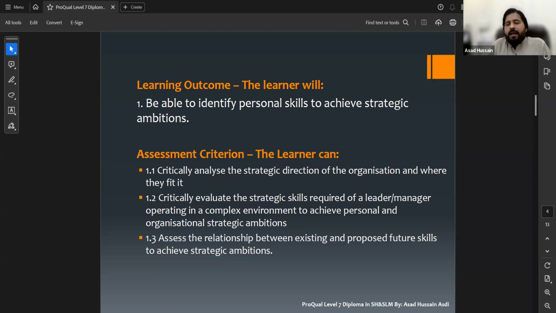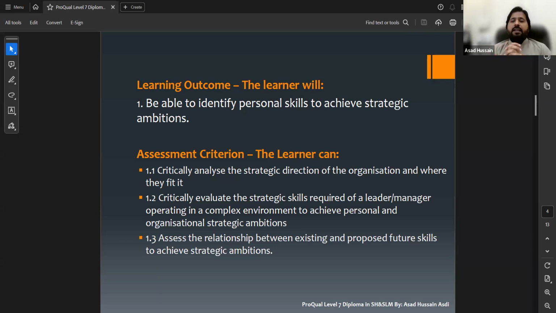Here the candidate has to perform a critical assessment or judgment about the strategic skills which are required in his organization, to achieve personal and organizational strategic ambitions.